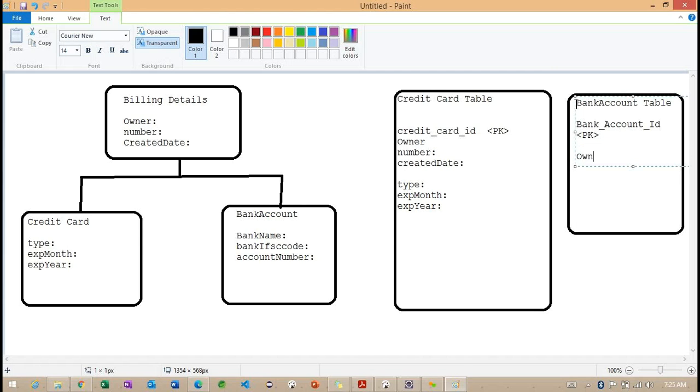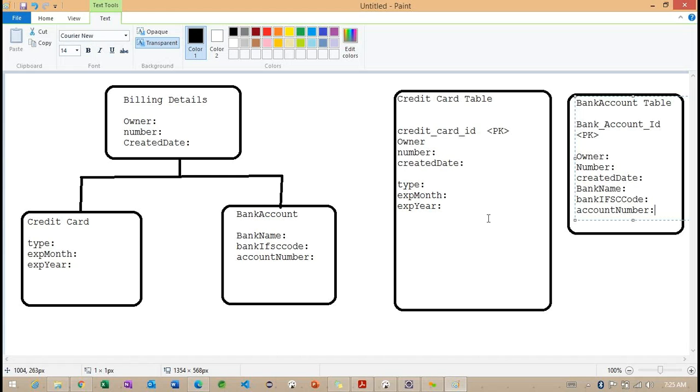In the same way, we need to create owner, number, and created date. These are the three from the superclass. After this, bank name, IFSC code, and account number. These are specific to the bank account class.